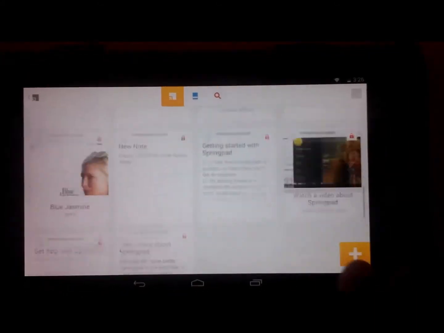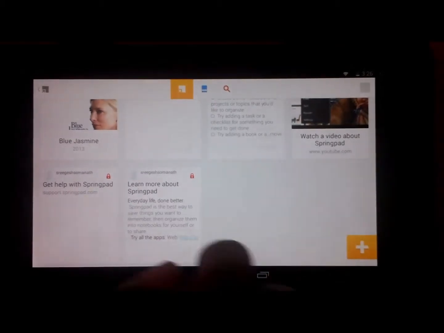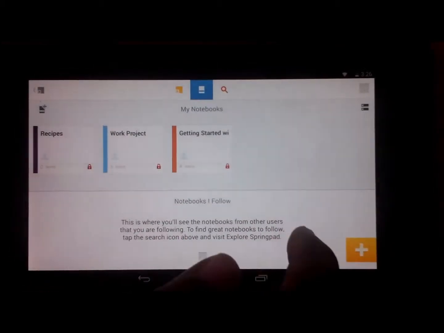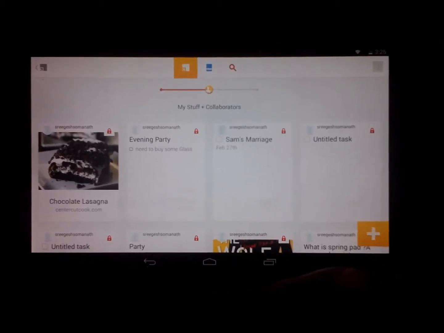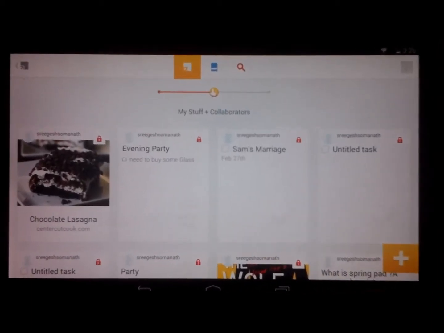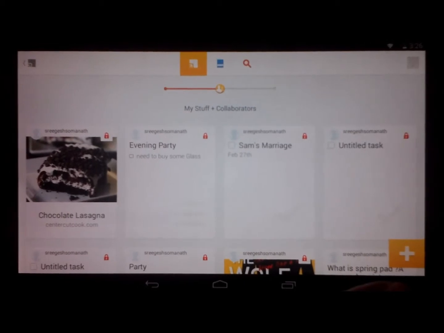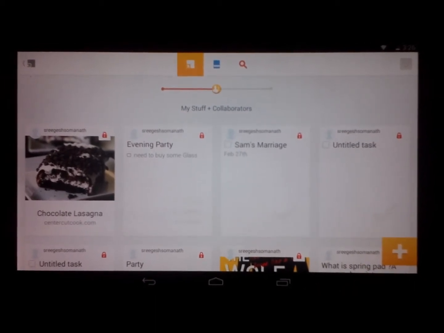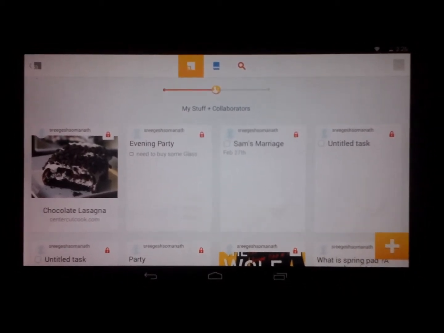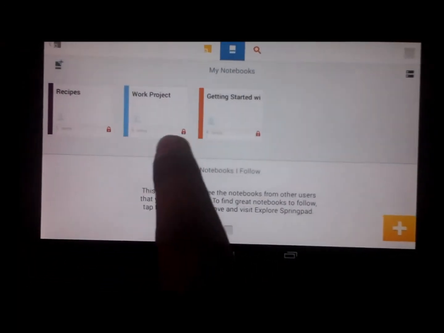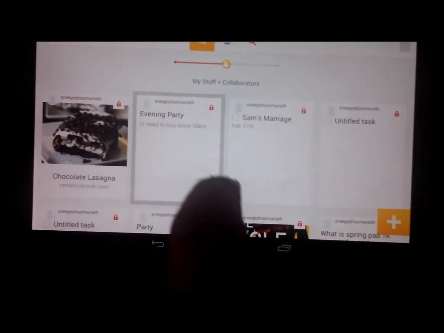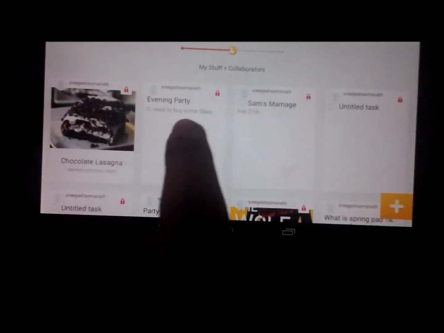This is my actual home window where I have saved the most important things to me, and I could go for creating my new notebooks. I could search for whatever it is. Even though SpringPad helps us to organize ourselves, there are many disadvantages from a document point of view. For example, if you're looking for something more official, like storing PDFs, PNGs or something like that, SpringPad doesn't work very well. In that case, the best thing would be to use Evernote.